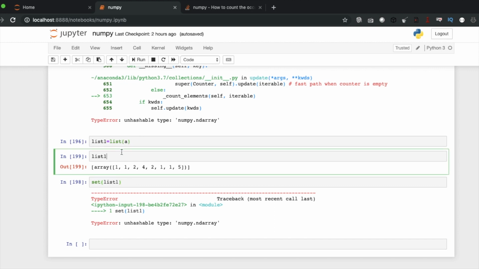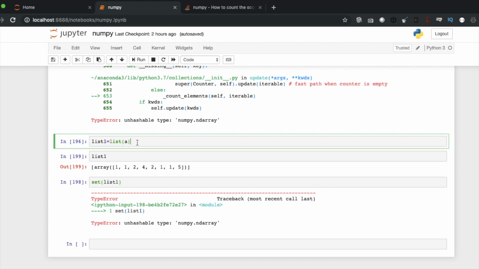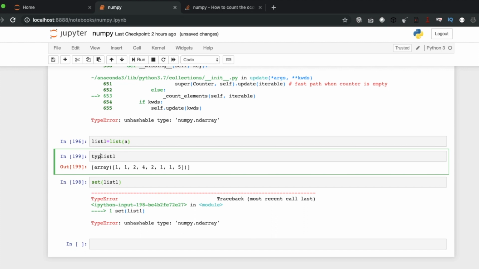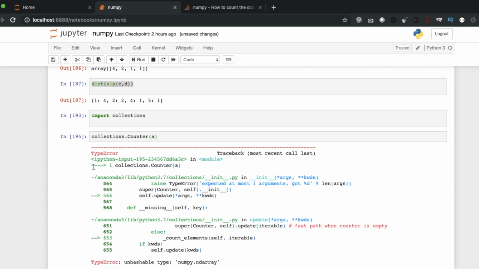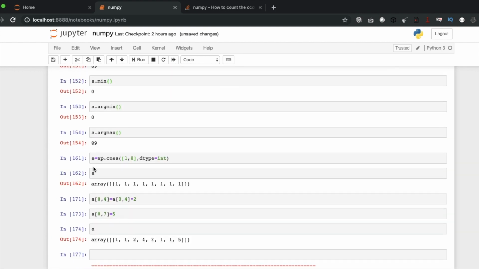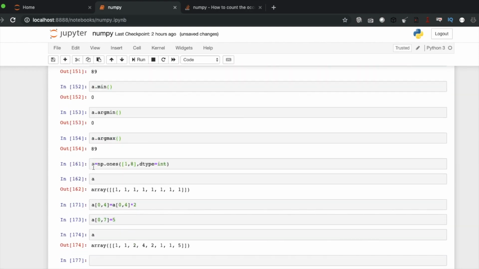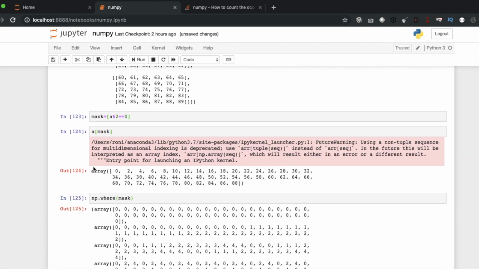List one equals list of a, but when I'm applying it, unhashable type, not sure.